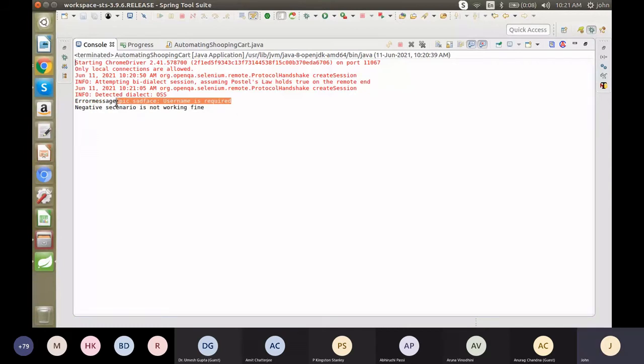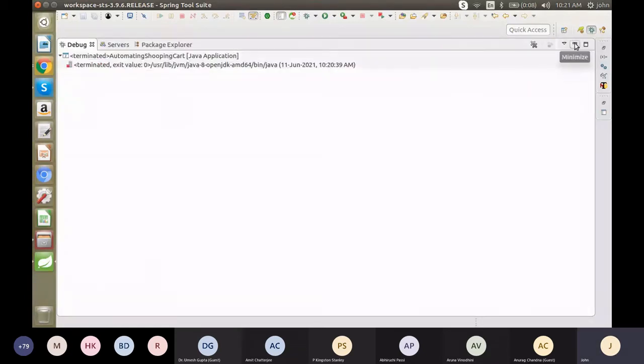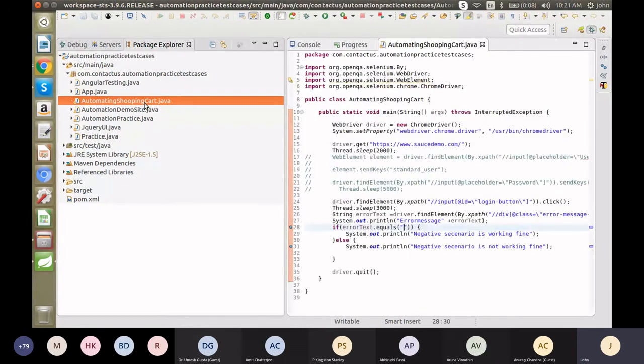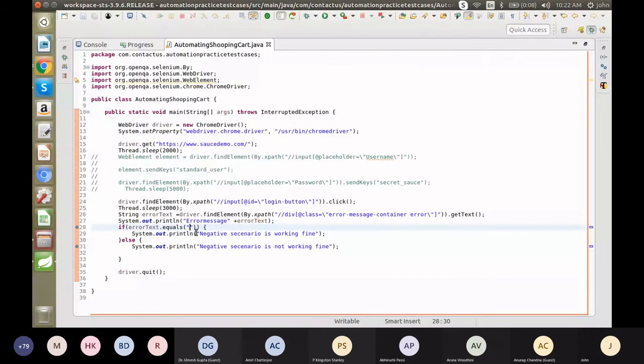I will go with equals ignore case. Here we have not printed.